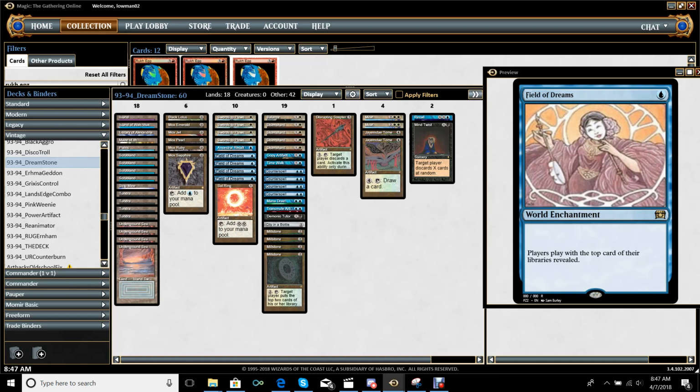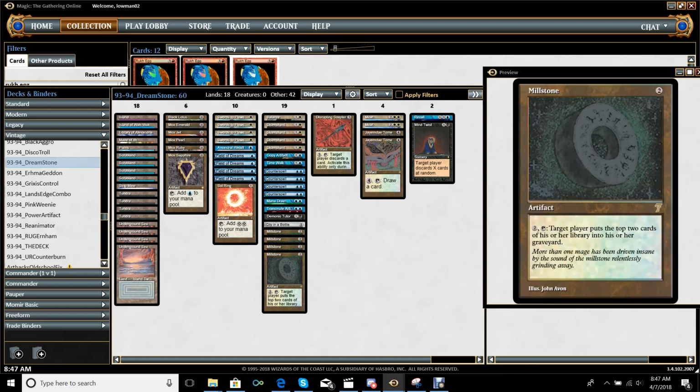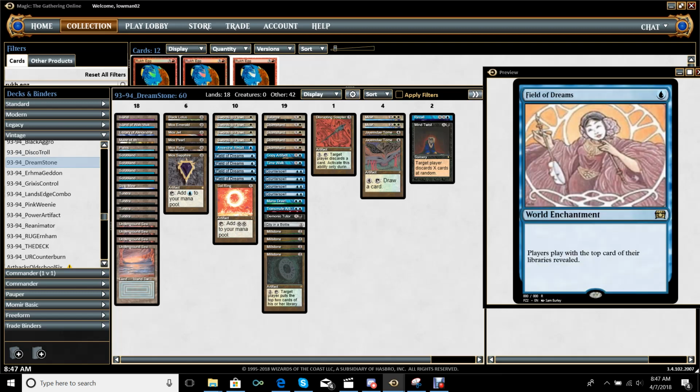Field of Dreams, and yes, we've hacked the art on MTGO, says players can play with the top card of their libraries revealed, which allows you and your opponent to have a decent bit of knowledge about what each player is going to be drawing. You couple this with a card like Millstone, which is not the most efficient way to mill, but it is the only way to really mill in old school, I guess, outside of like Chains of Mephistopheles or possibly some other weirdo cards. And what you have is a combination that allows you to control, generally speaking, what your opponent